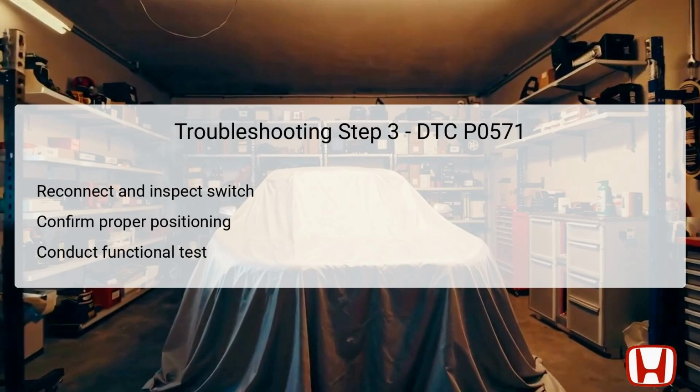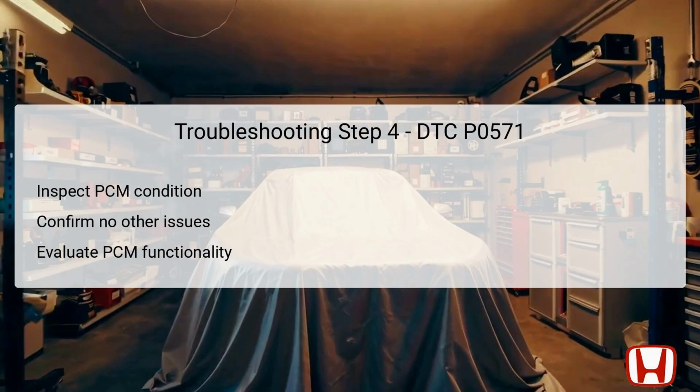It is important to note that any fragmented or incorrect wiring here could again trigger DTC P0571, necessitating further inspection if any discrepancies arise during testing. The final troubleshooting step is crucial, evaluating the condition and functionality of the powertrain control module, or PCM. If all preceding inspections indicate that the circuits and switch are functioning correctly, then the PCM may be to blame